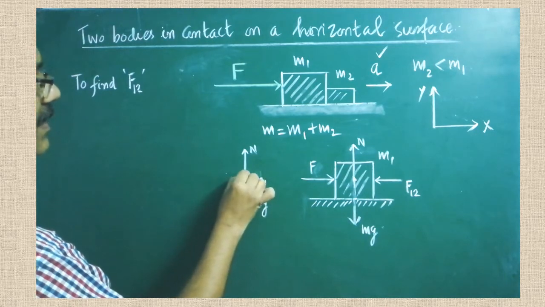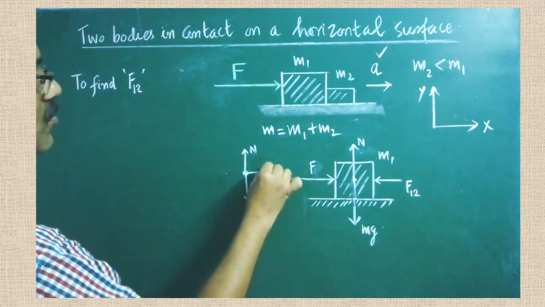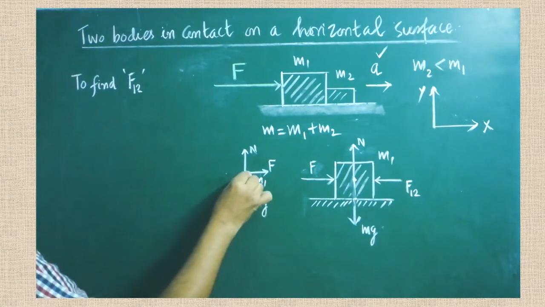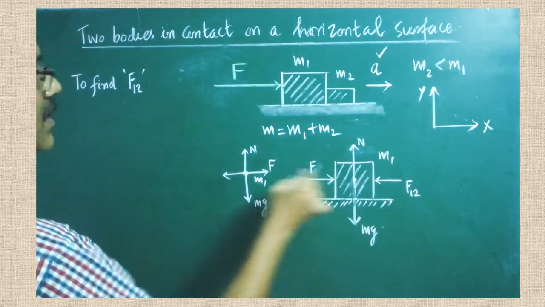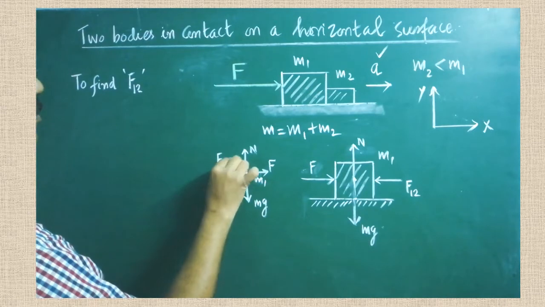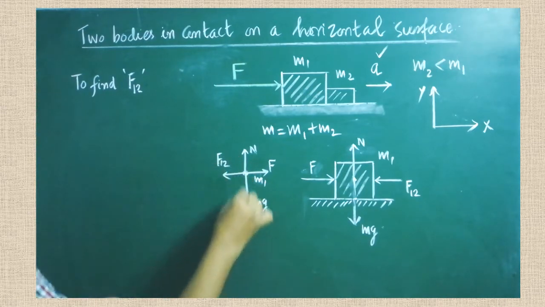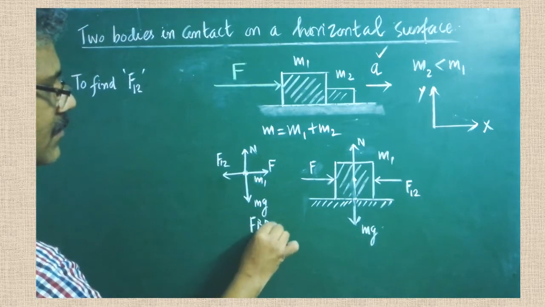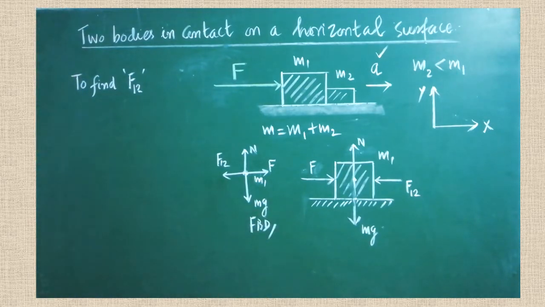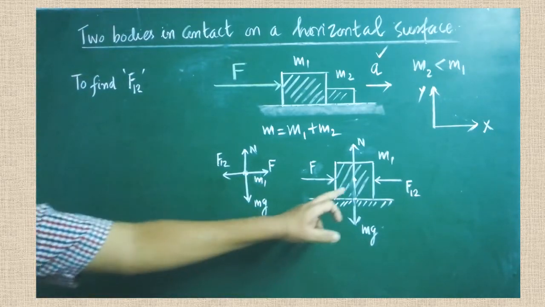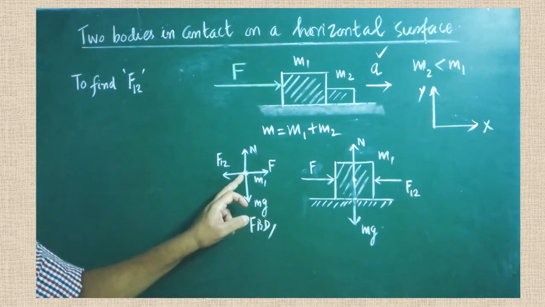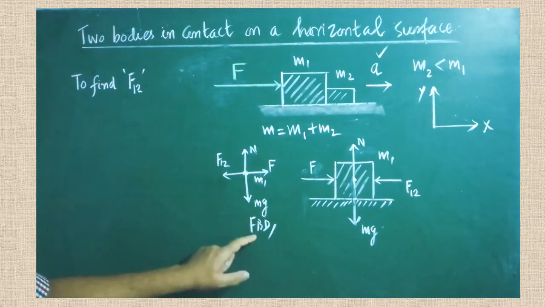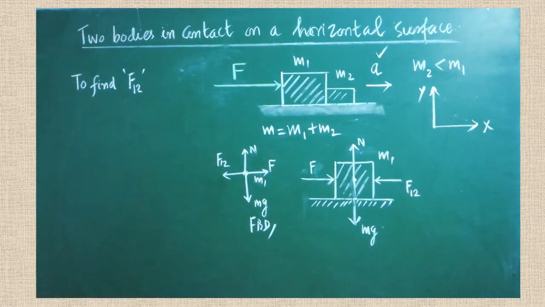Here this is the direction of this force. Which force? That external force. This is the direction of F12. Are you clear? So like this we have to draw the free body diagram. Drawing the free body diagram is very important. For any object we have to find out how many forces are acting on a particular body. That should be found out only with the help of the free body diagram.